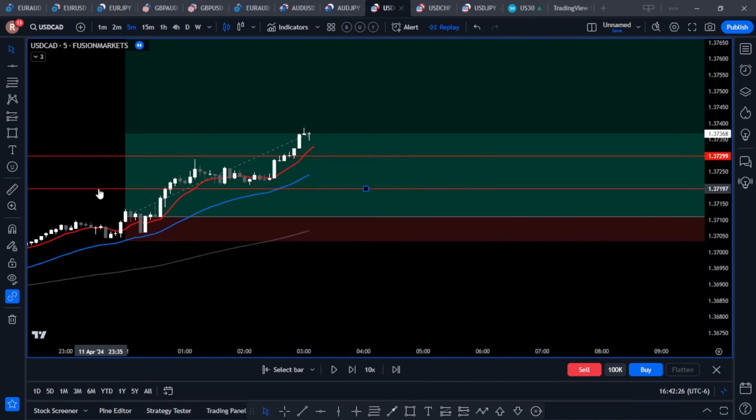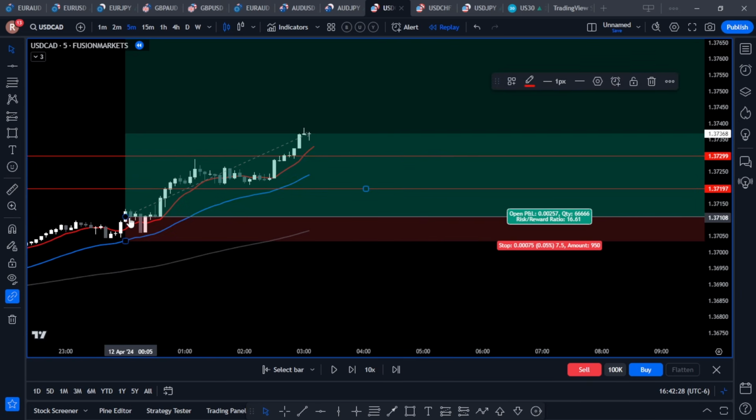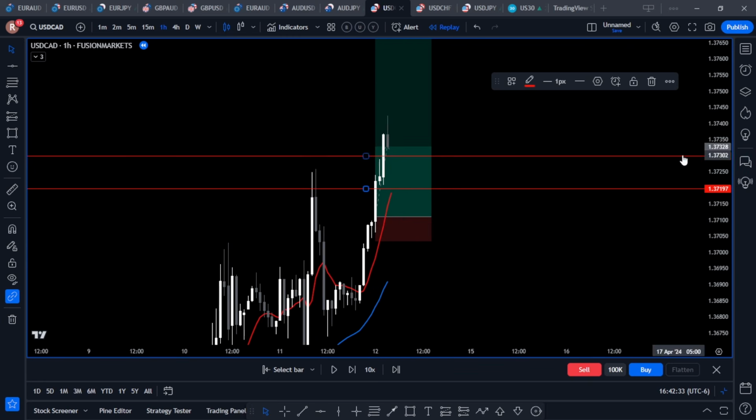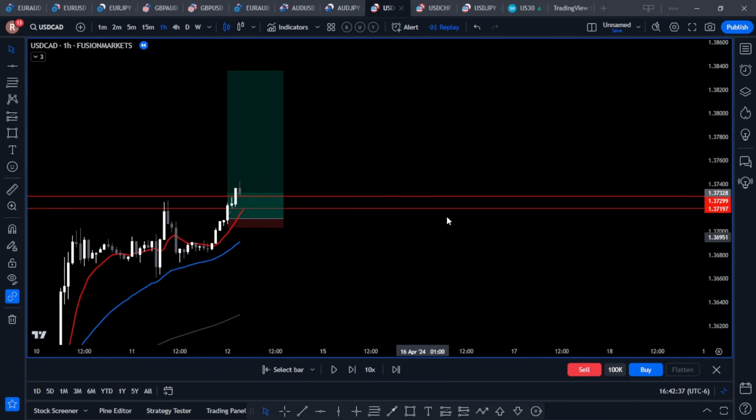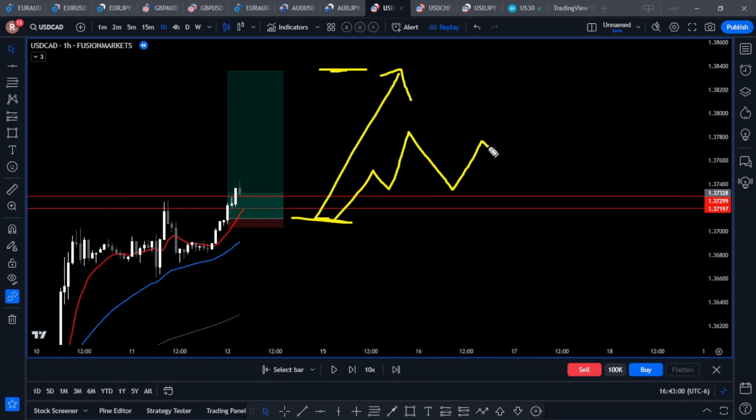Now with this, we do know that the target is really big. And when you have a situation where the target is really big, what we're going to see is a market that chops. It goes back and forth as it tries to get to this level. So we have a trade. We enter down here and we want to get out here. The likelihood of that market going from point A to point B in a straight line is almost zero. It is very unlikely that that's going to be the case. What is more likely is the market that does this on the way to this level,